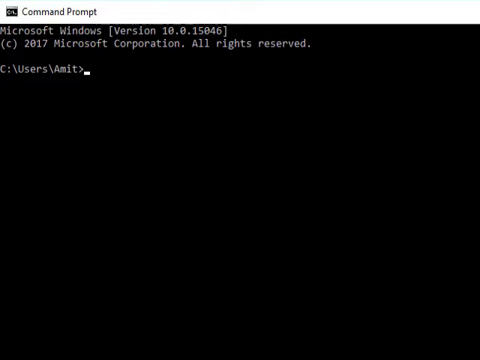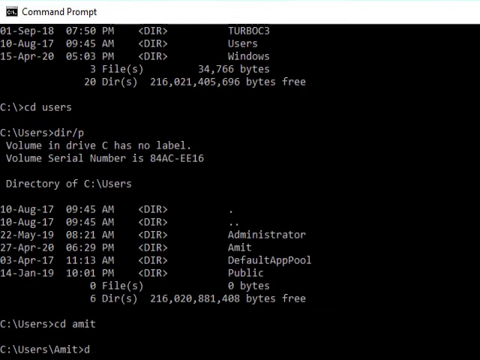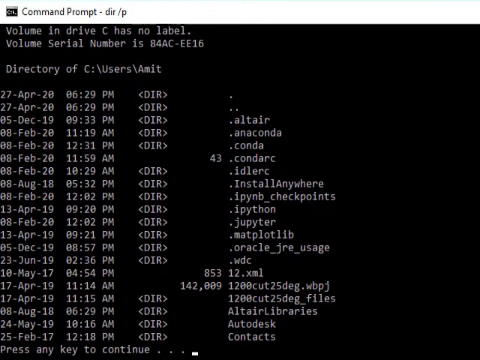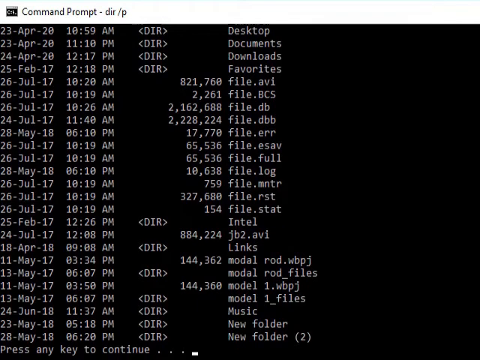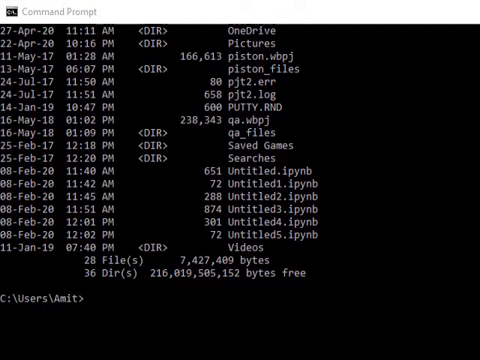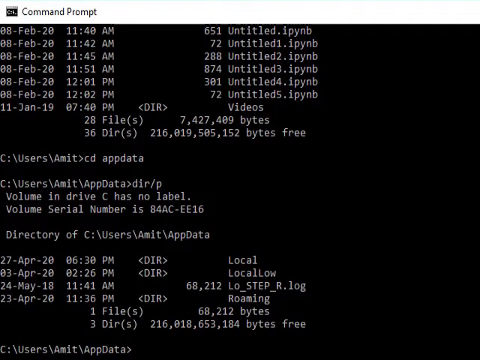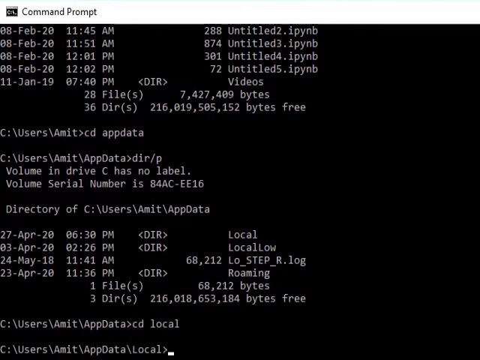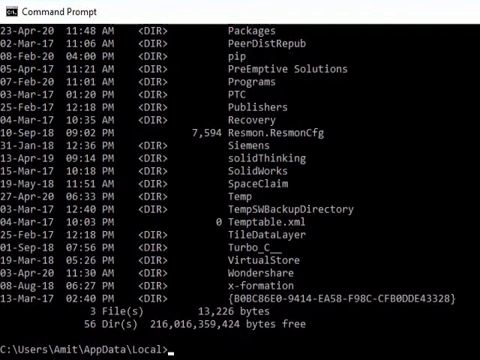First of all we have to enter the folder which they have given. Here I will check path-wise. These are the files we can see here. Now I need to go to the AppData folder, so here I will write cd AppData. I have entered here. Let's see what folders are here. There is Local. I will go into Local and see what files are there. These many files are there.